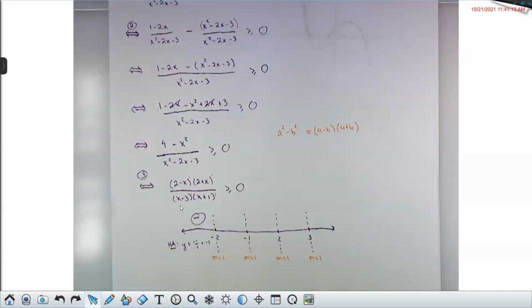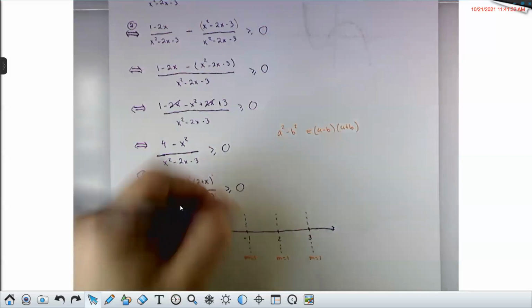This will work for you as long as the horizontal asymptote isn't 0, because 0 is neither positive nor negative. If the horizontal asymptote is 0, then you have to use something else to get one of these. You can test a point, or you can use the y-intercept or something like that. But now that we've got this guy and all of these, we can go ahead and fill out the rest of our sign table here.